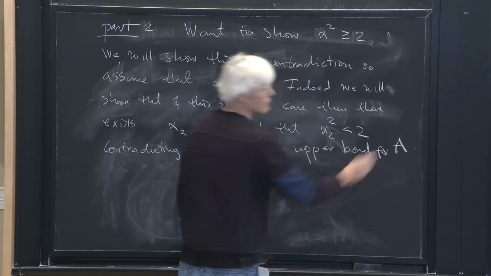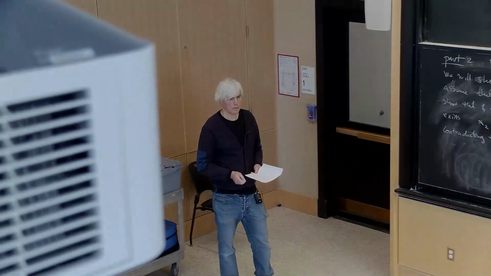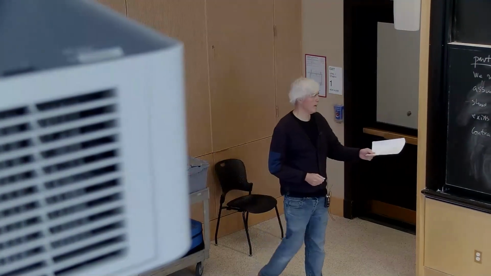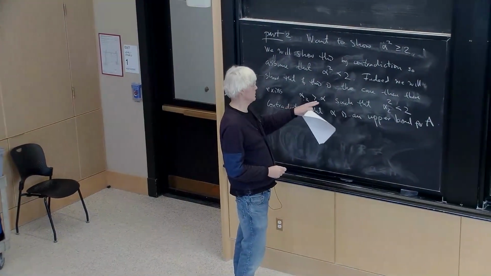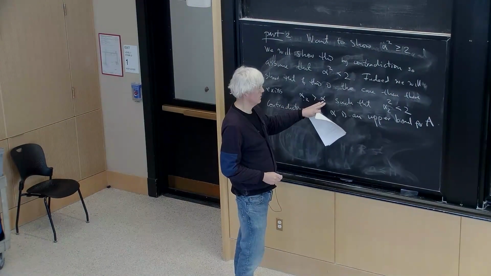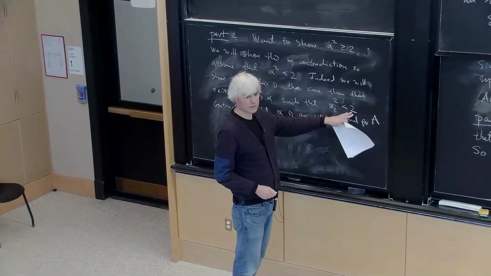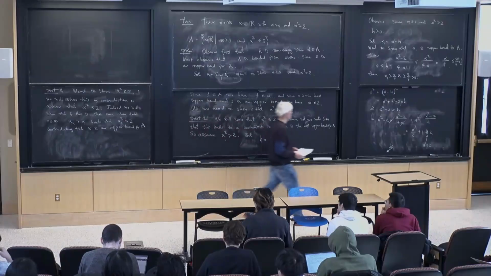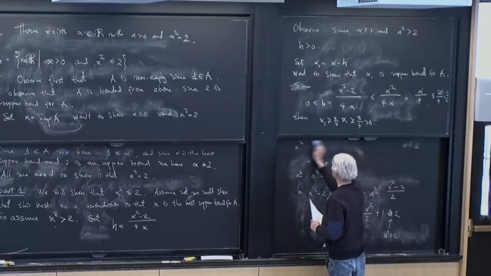For the set A we defined. Okay, that's what we would prove. And so we want to find a real number that is larger than this, but still the square is still less than 2. Okay, and so in this case, I'm going to